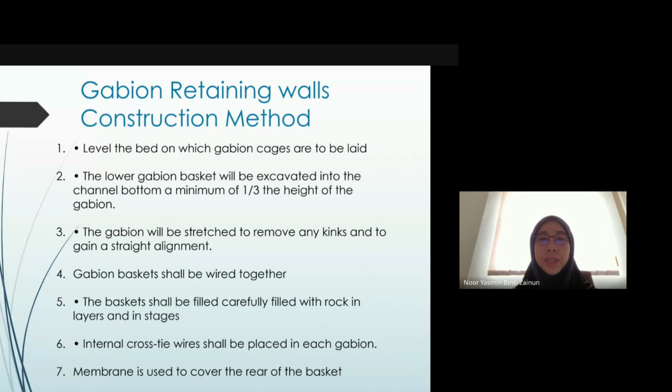gabion cages are to be laid, and then lower down the gabion basket. Just now you saw the step by step. And then the gabion will be stretched to remove any kinks and to gain a straight alignment. Gabion baskets shall be wired together. And after that, the basket shall be filled carefully with the rock in layers and stages, because they need to face the